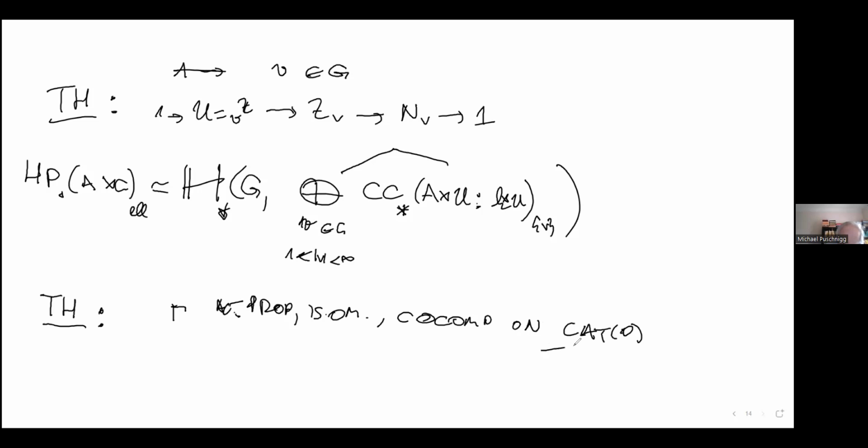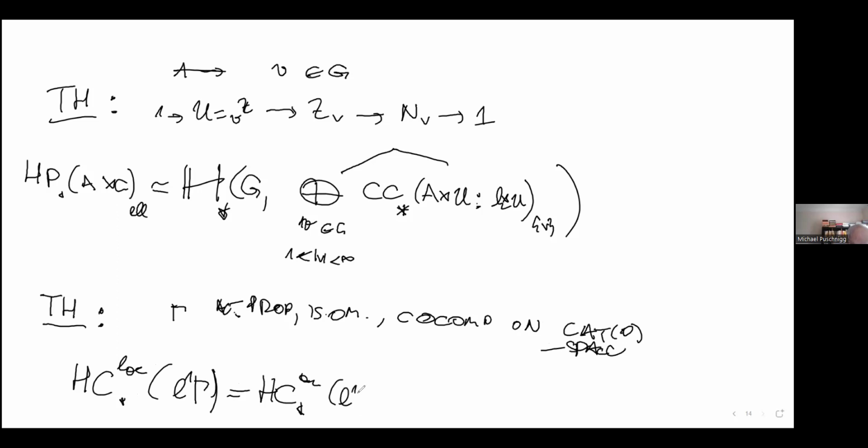So this was a category of groups where nothing was known up to now about their local cyclic homology. Then the local cyclic homology HC star loc of the group Banach algebra L1 Gamma, which is at the same time the analytic cyclic homology, if you prefer this, of L1 Gamma,